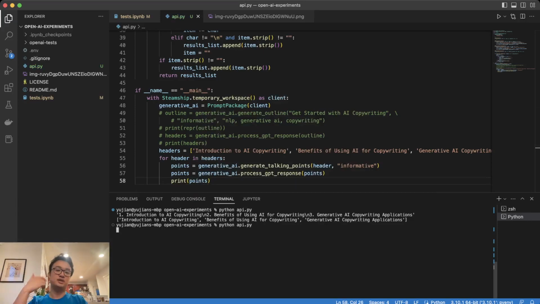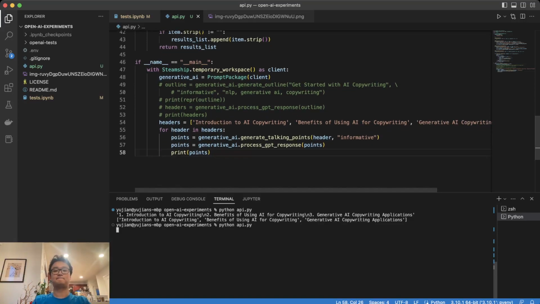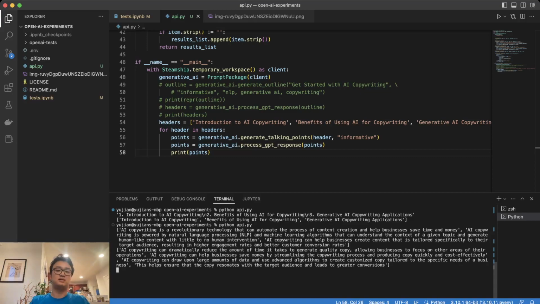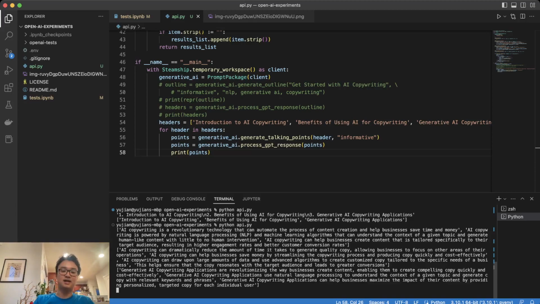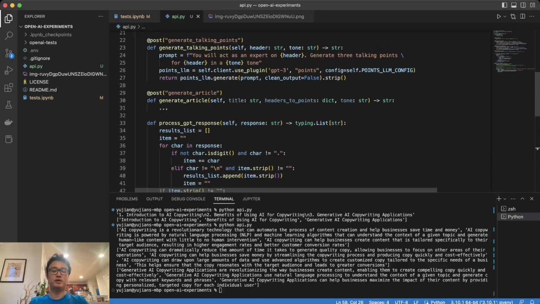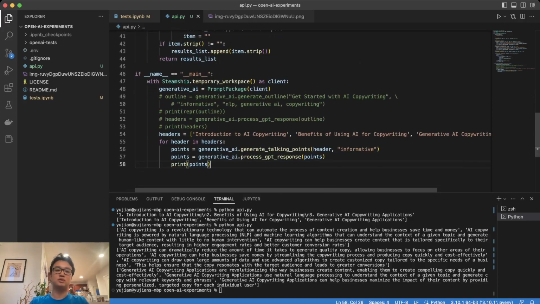So obviously we really only need to see that it works once, and then we can kind of just assume that these will work. Cool. So it works. You can tell this works. It's going to print it out multiple times. Obviously, ChatGPT is using AI copywriting a lot here, and that's kind of how this works. So now what we actually need to do in order to make this make sense for the generate article section is we're going to have to turn these points